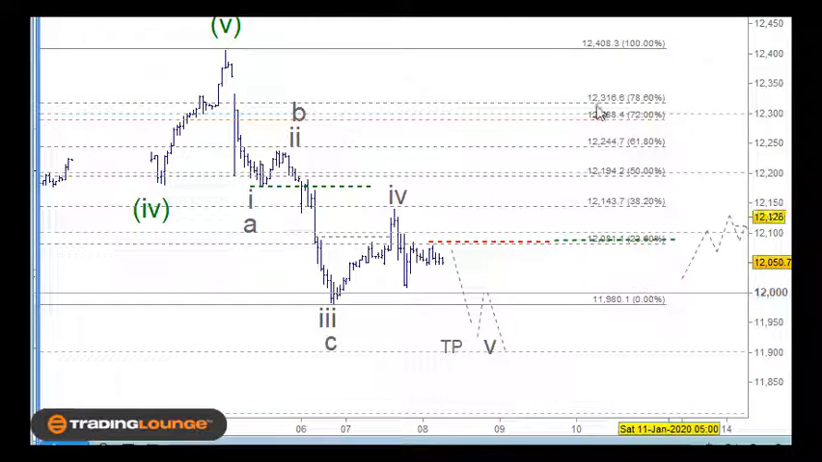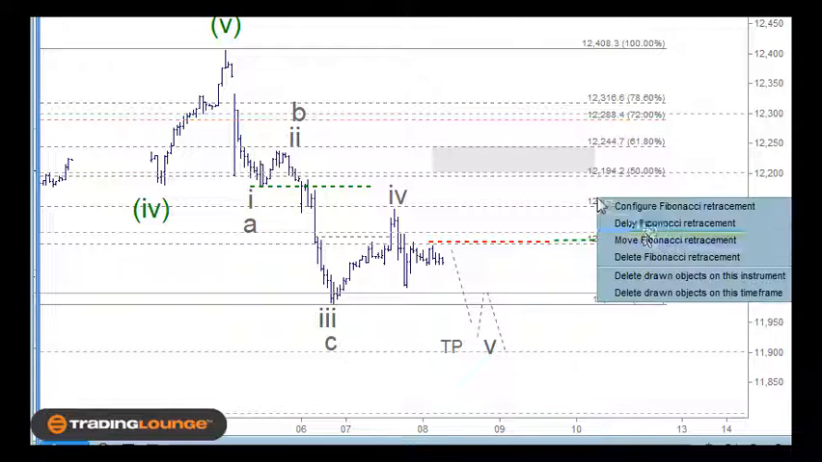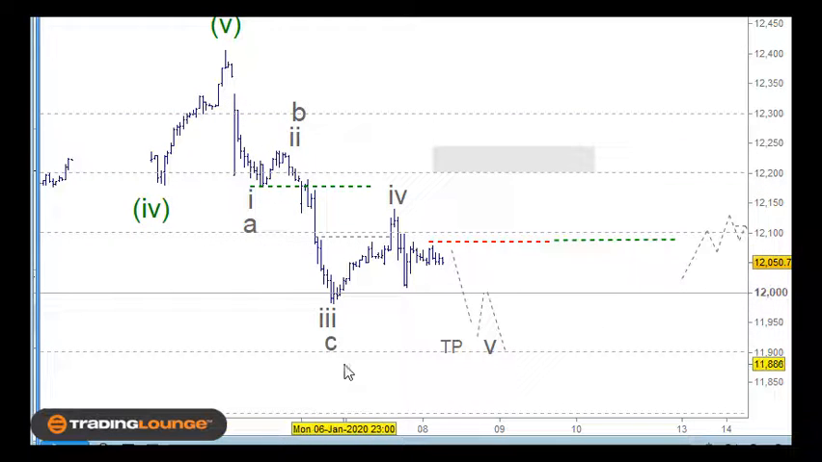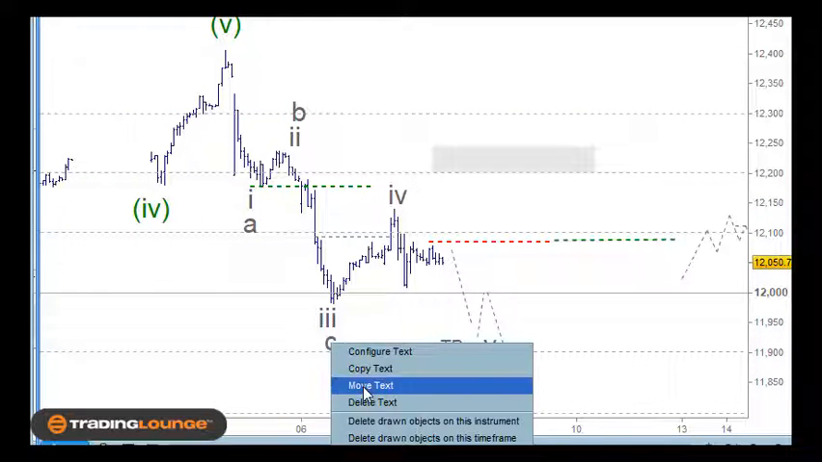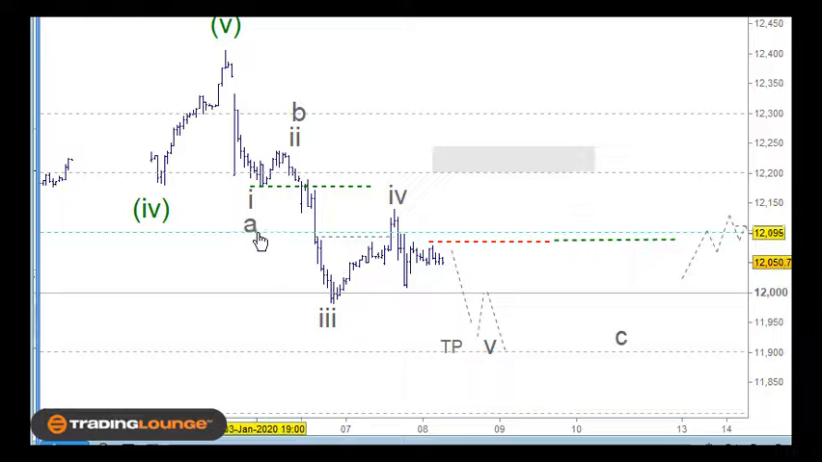Currently this would be the 50-60% retracement level here. So it's quite possible, let's go to the bigger degree, but it's quite possible to have